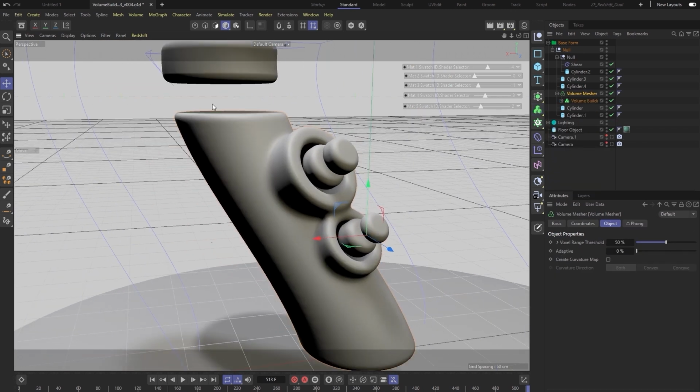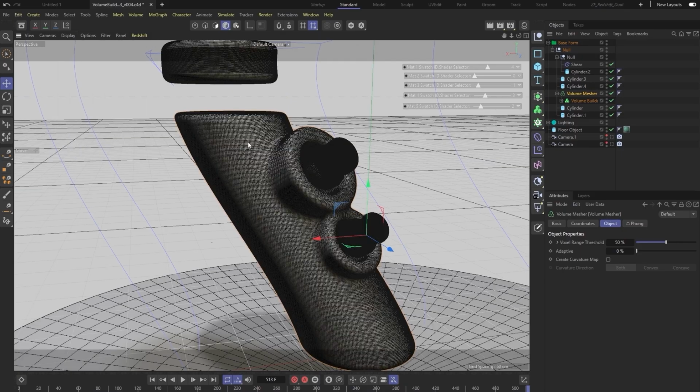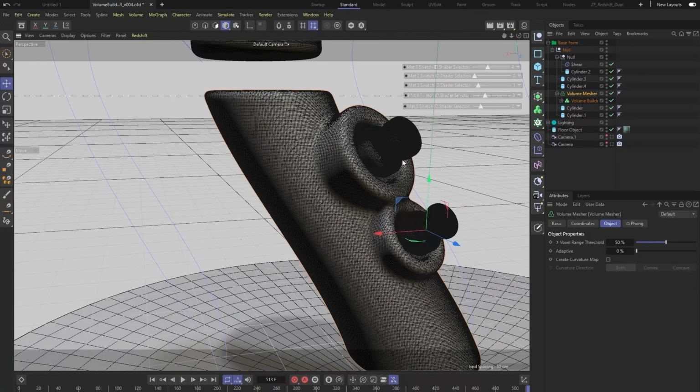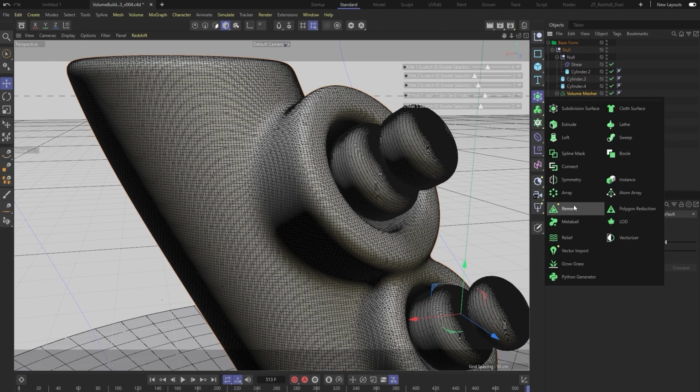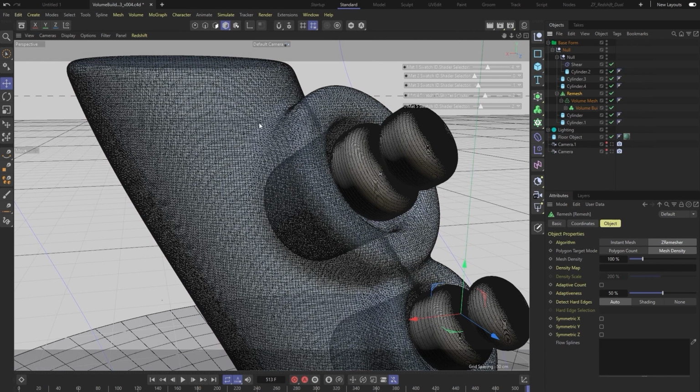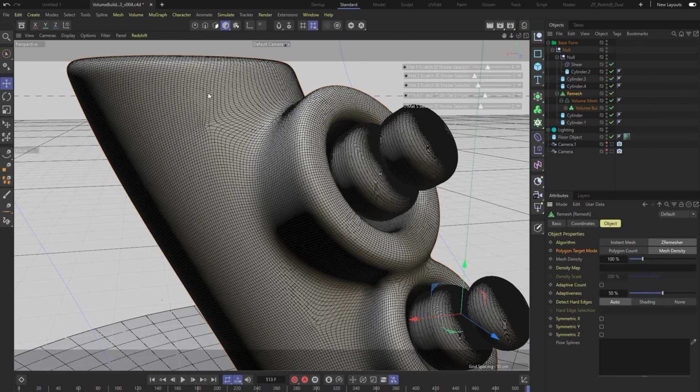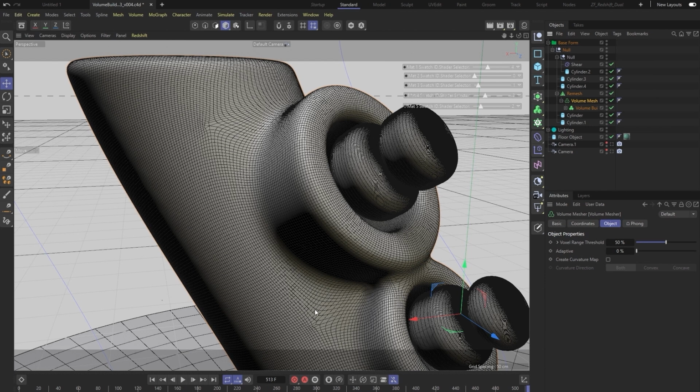And now it is applying the geometry. As you can see, if we go to the lines, you can see all the geometry. And now in R26, you can even remesh this geometry if you like, with the new remesher, which has a bunch of new ZBrush intellectual property inserted now into Cinema 4D. So now you can see it's rebuilt this thing with quads, which is a nice little add, especially if you want to reduce the amount of polys at some point.